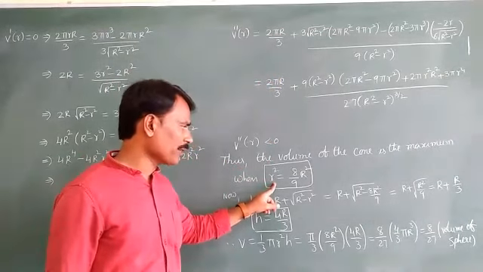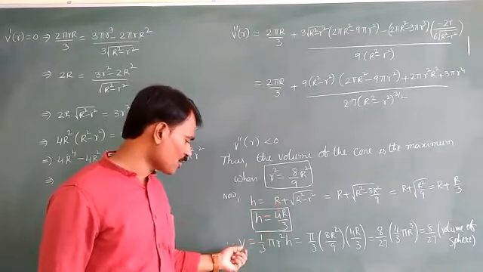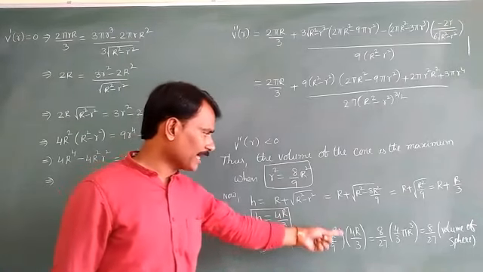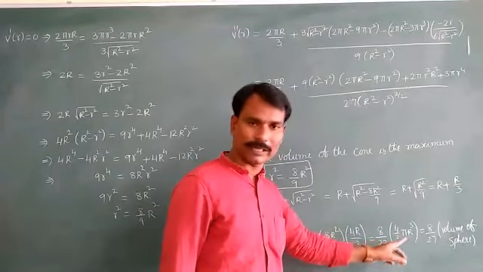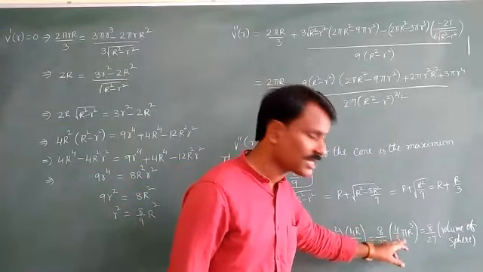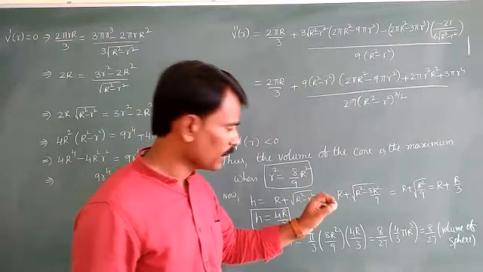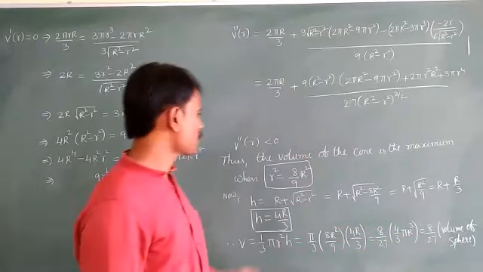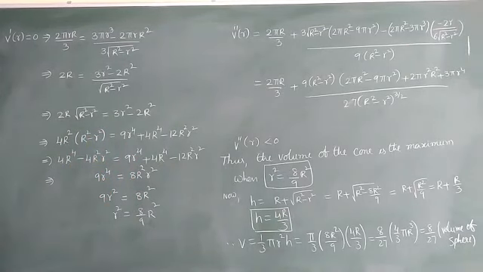So, after getting the r square value, find the H value. Okay, take these two values. Again, calculate the volume of the cone, 1/3 pi r square H. If you calculate this, what do you get by simplifying? 8 by 27 into 4/3 pi R cube will come. What is the meaning of 4/3 pi R cube? This is the formula of the volume of a sphere with radius capital R. So it is 8 by 27 of the volume of a sphere. This is the simplification, guys. Just note down and practice it.